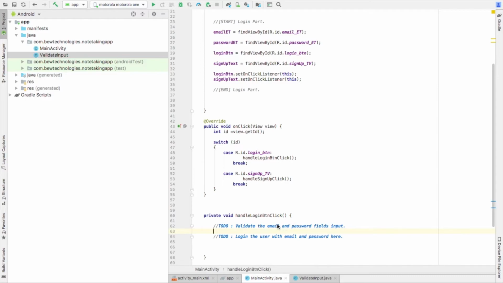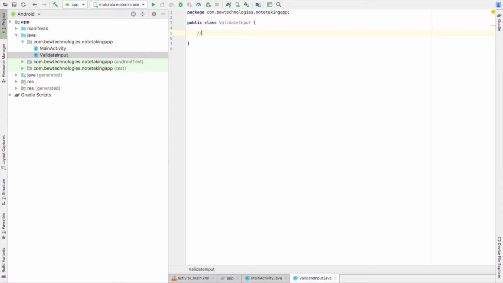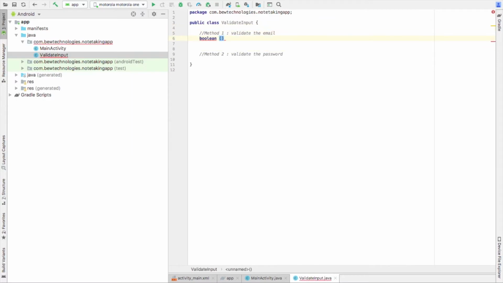See here, this means that the password and the email fields will be validated. That means that we're not checking if the email itself is valid. We are checking if it's in this format, say something like aman@gmail.com. For an email, this seems like a valid format, so we'll check this. And for password, we are saying that the password should be greater than or equal to 6 chars. Okay, so we'll put these conditions here. So first method would be validate the, we'll give it some name.